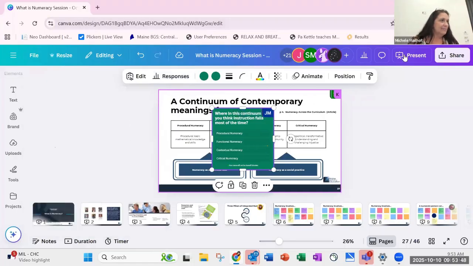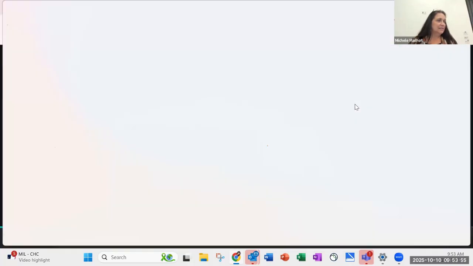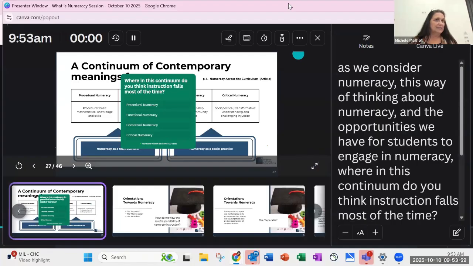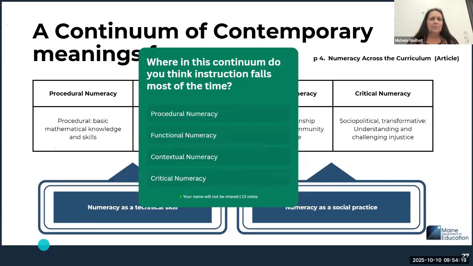So let me see if I can get back into my present mode. So when we think about this continuum and we see that all of our 13 votes fell in procedural numeracy,